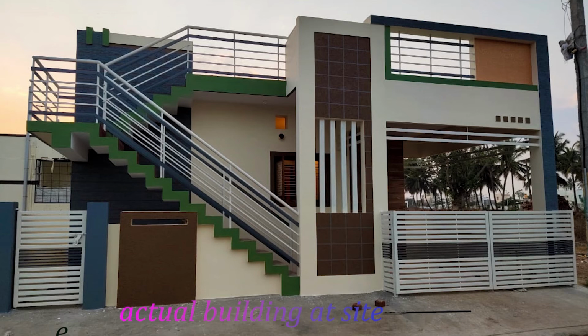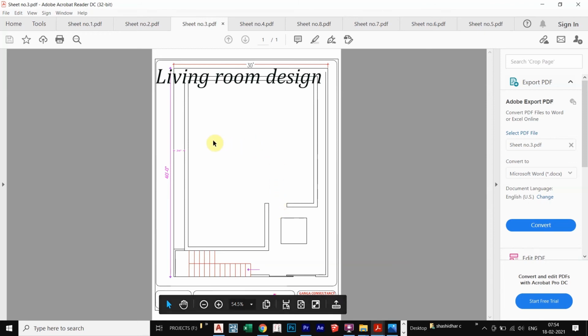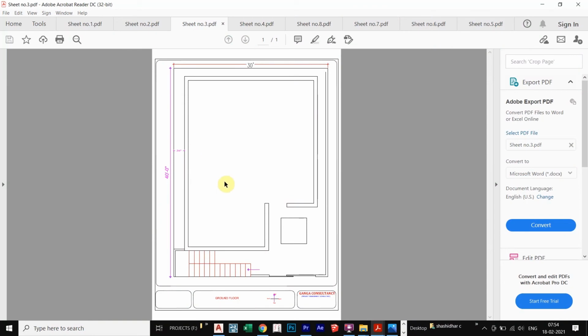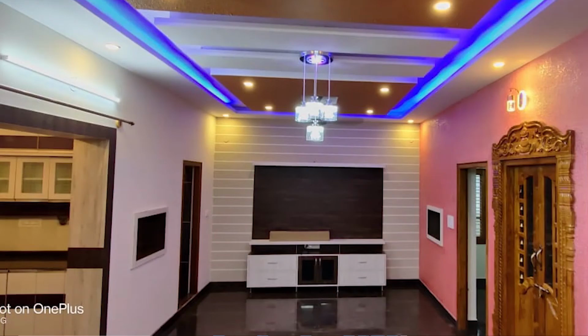Now my next step, the third step, is an important step. From the main door I have to enter into the living room. The living room plays a very important role in a house, so we have to design it beautifully. I have to design the living room according to the main entrance. The living room I designed here. This is the complete living room. This is one of the important steps.